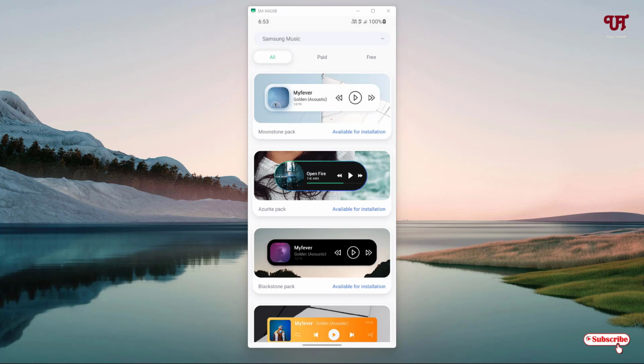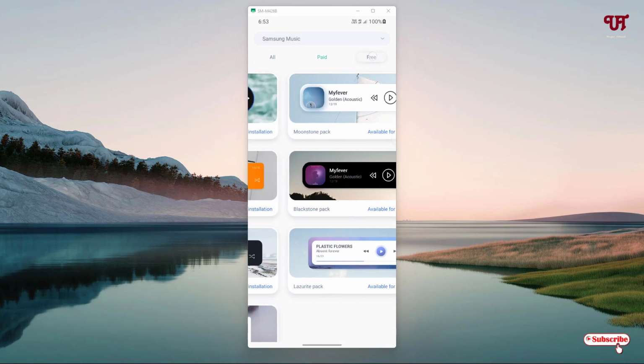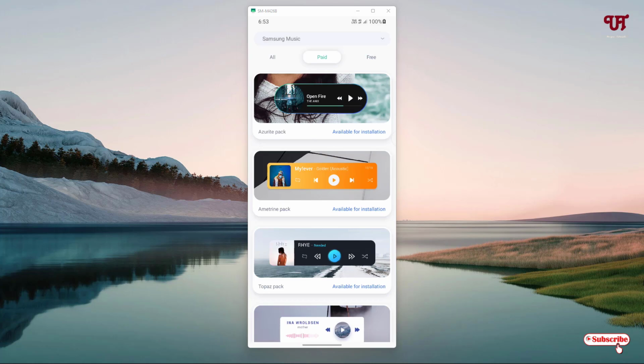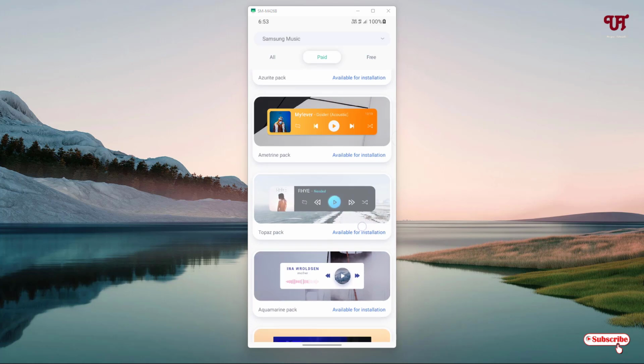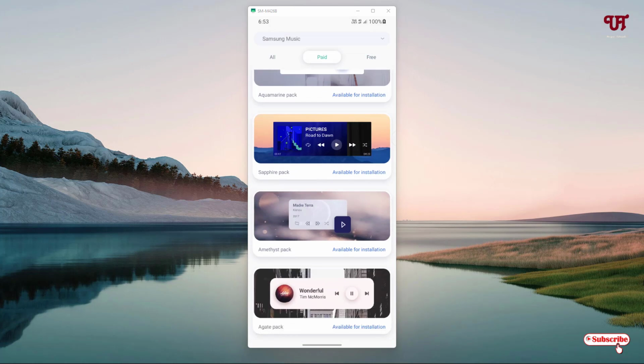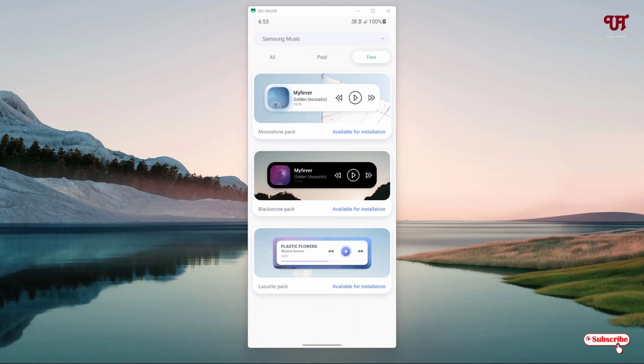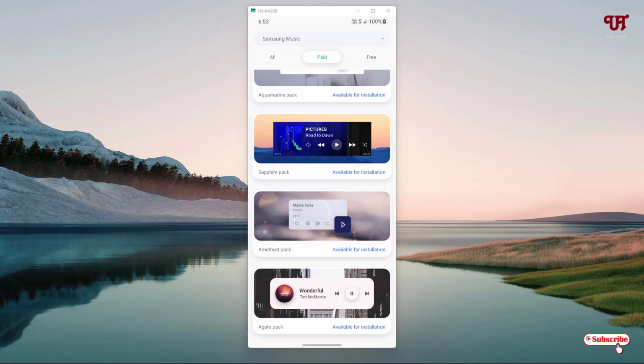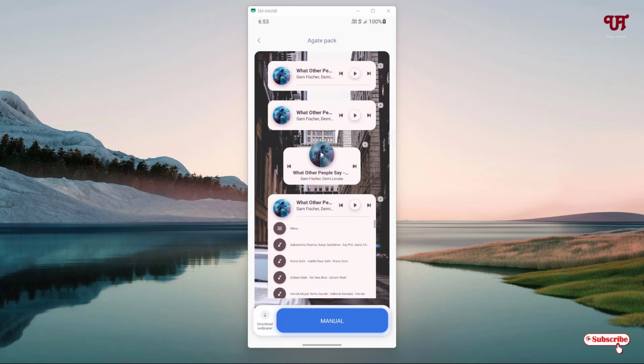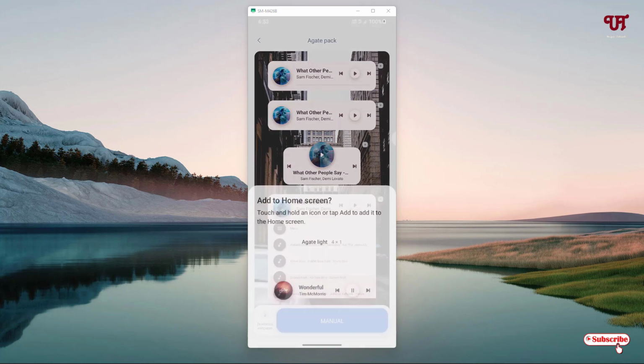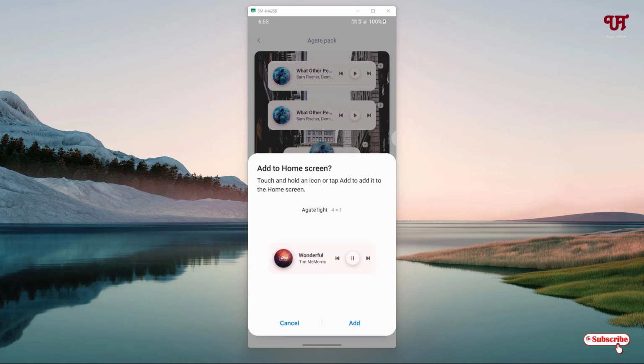tons of widgets. There are some free and paid ones. I have already purchased it, so I can use the paid widgets. Here I'm going to use this paid widget. You can use the free widgets also. Firstly you can try, and if you like, you can purchase the respective widget. In my case I'll be using this one, so I will place this one, click on add,